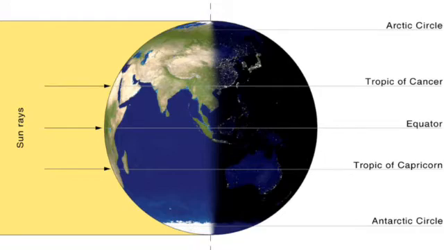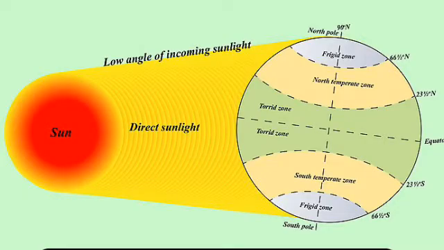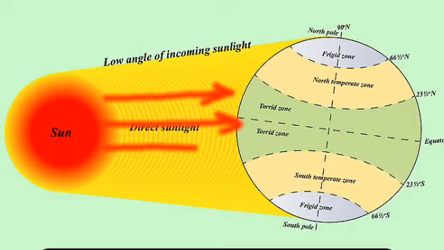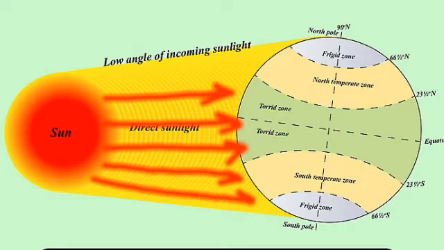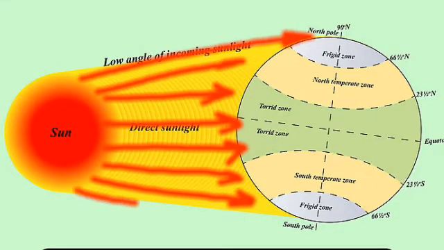I'll show you one photograph regarding that. Just see this, where you can see the maximum amount of perpendicular sun rays are falling. You can see it is falling in the middle part of the earth, which is between the Tropic of Cancer and the Tropic of Capricorn. I hope you know that our earth is tilted. So when the sun rays fall perpendicular on these places, they absorb the maximum amount of heat.